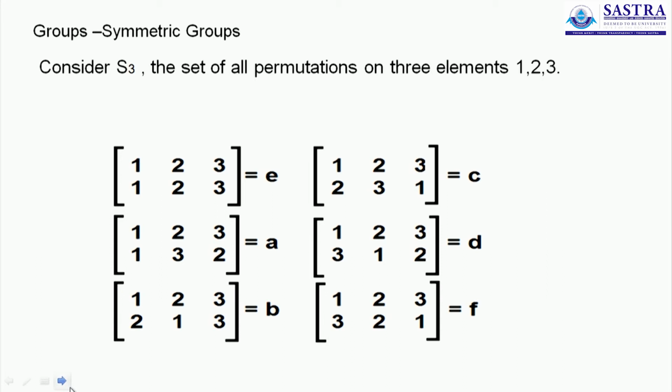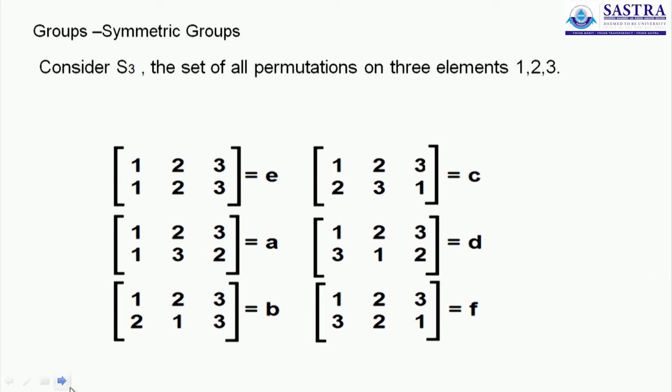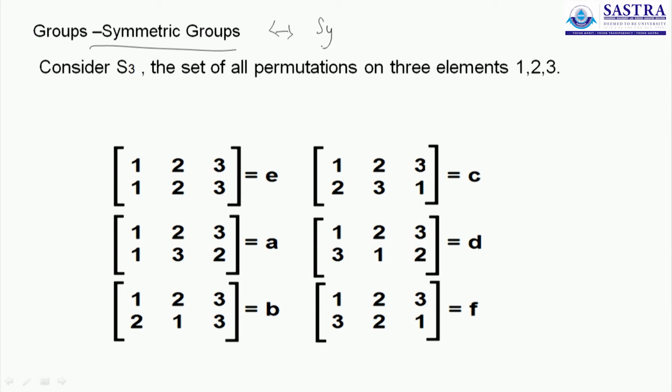If you can remember, I promised you yesterday that I will give you an example of one more finite group that is non-abelian. I gave you the group of quaternions. It had 8 elements. I can also give you another example of a group that is non-abelian, and that group is what we learn under the heading of symmetry group, which is also known by some authors as the permutation group. The word permutation is introduced to make it easy to understand the concept.